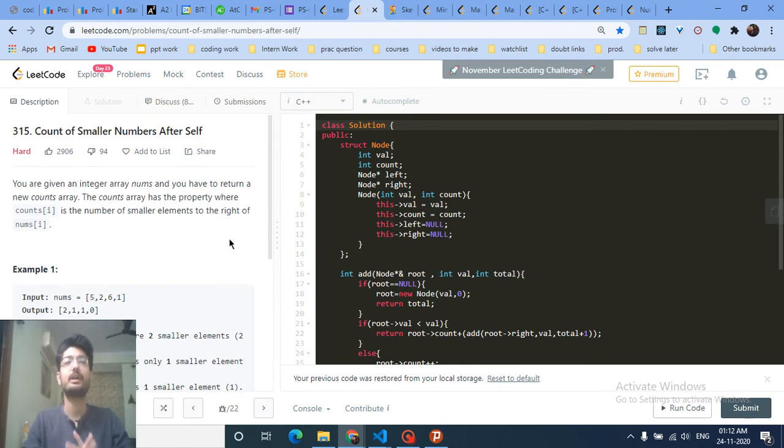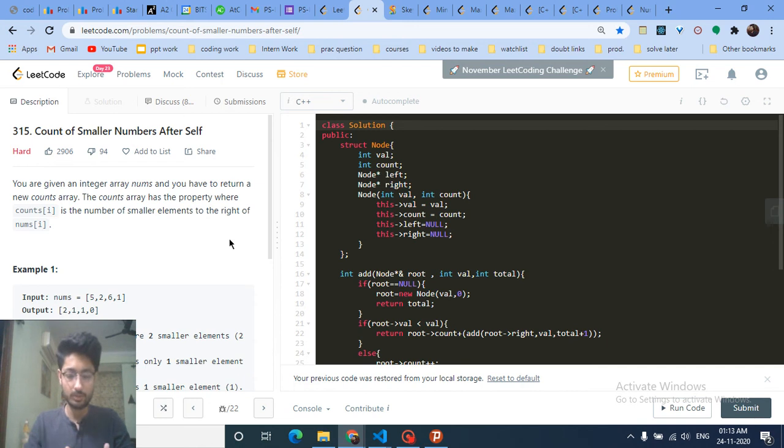Now, trees are very beneficial for finding the count of elements. So you can solve this problem using segment trees also. Maybe in the future, if I start a segment tree playlist, I will definitely upload this problem there, because this is a specific type of segment tree problem, where you have to find the number of elements to the right of that element which are smaller than it. You can read the discussion page of this problem to find out how the segment tree approach works, but maybe I can talk about that later.